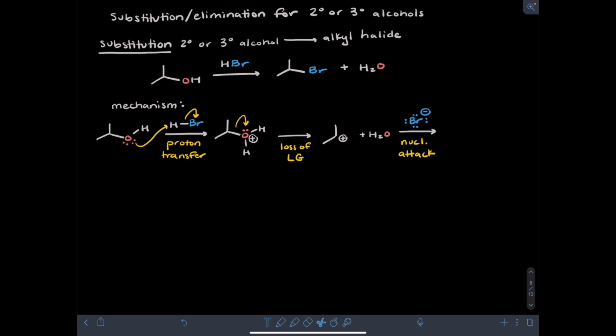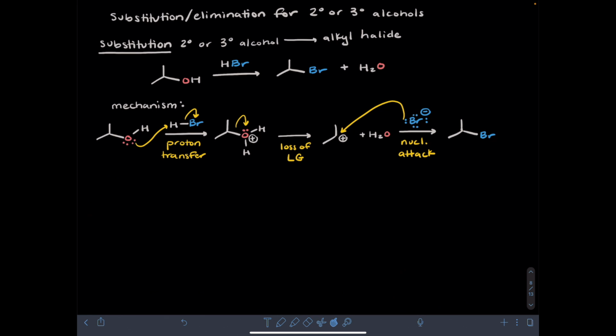This carbocation is a great electrophile, and it can react with the bromide anion that was generated in the first step, the proton transfer. I would have a nucleophilic attack. This generates the new carbon-bromine bond in the substitution product. So compared to the reaction for a primary alcohol, the first step is the same, but instead of an SN2 reaction, you have a two-step where you first form a carbocation and then have the nucleophilic attack, more like an